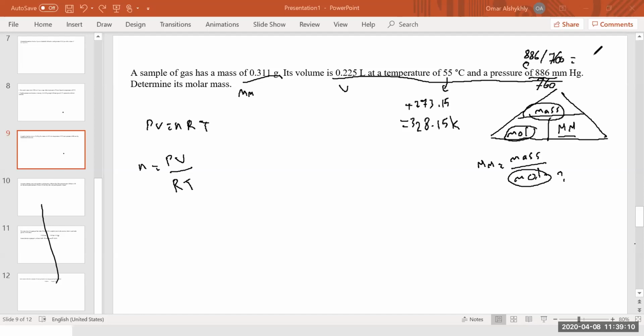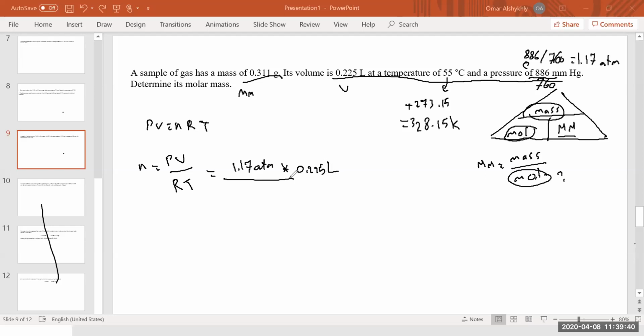So let's see, 886 divided by 760 will be 1.17 atmosphere. So the pressure is 1.17 atmosphere, times the volume, which is